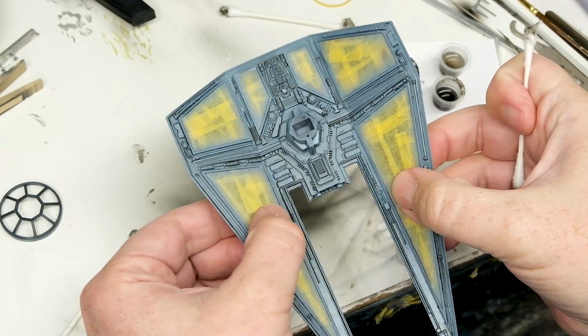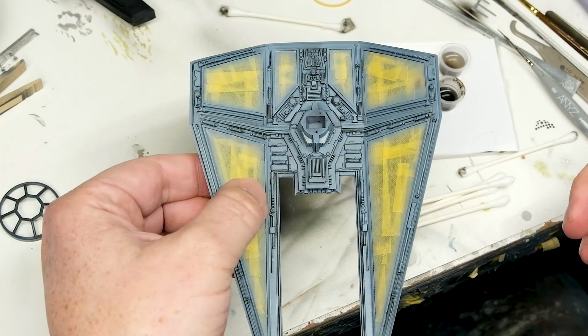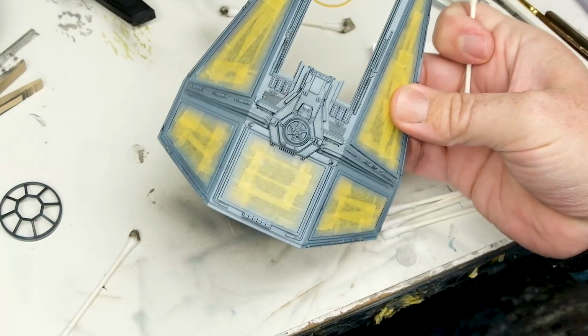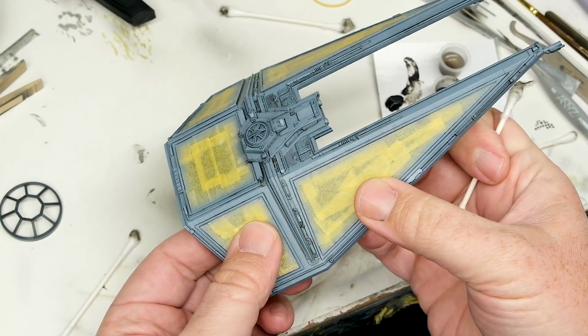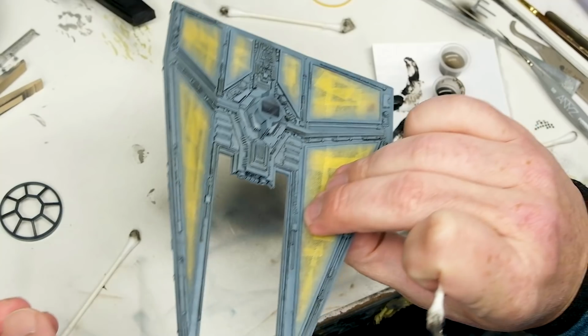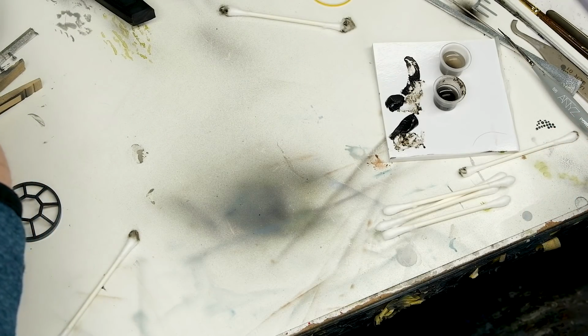And then I obviously need to wait for this to dry up just a little bit more before I get in there and start tackling it. And as you can see on this side, some of that wash lightens up considerably. So yeah, anyway, let's move on to the cockpit ball,